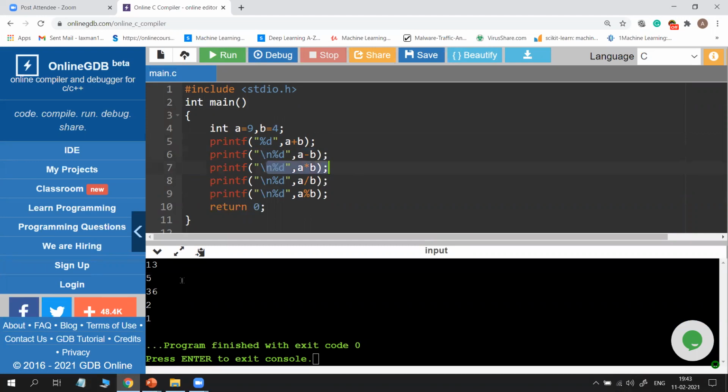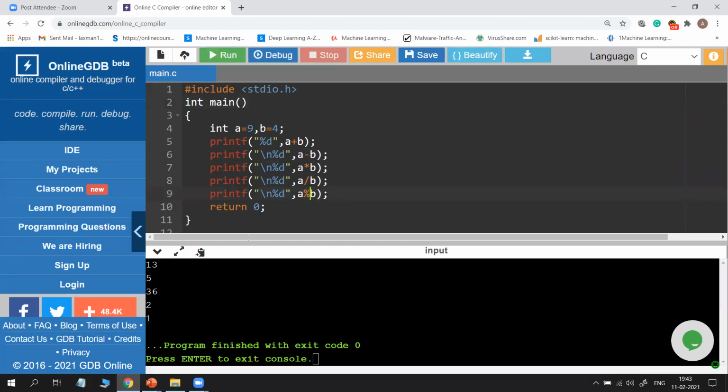Similarly, 9 into 4 is 36. And if you observe 9 by 4, it displays 2 only. Actually it is 2 point something, but these two are integers, so you will get only 2. And 9 mod 4, as I told you, 4 twos are 8 and the remainder is 1, so its value is 1 only.